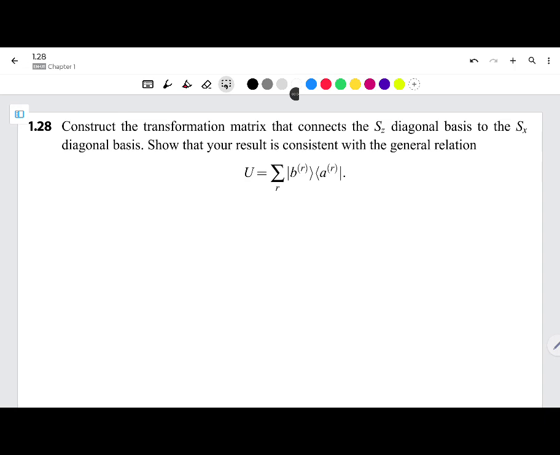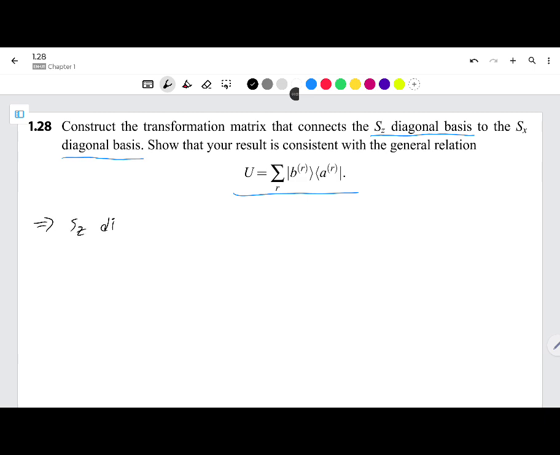So we are supposed to create a transformation matrix that connects the Sz diagonal basis to the Sx diagonal basis. And we need to show that this is consistent with this general result. Okay, so let us try to understand what we mean by